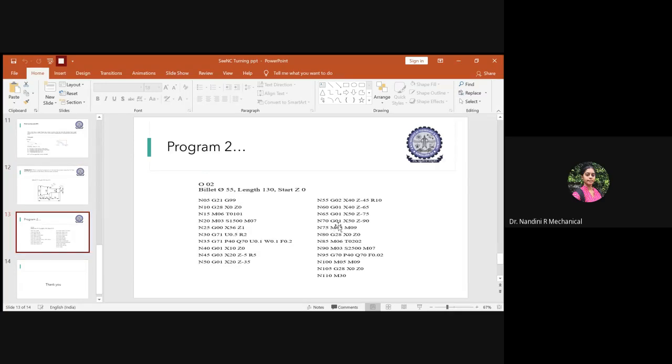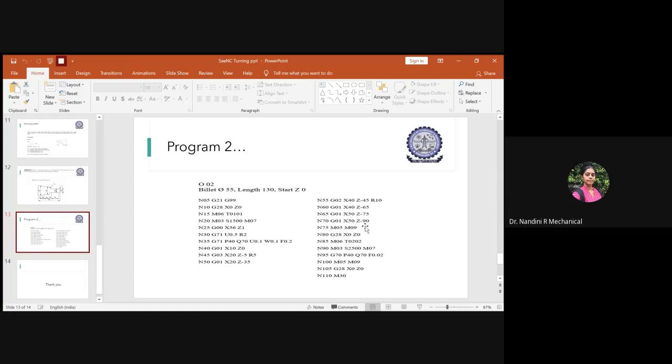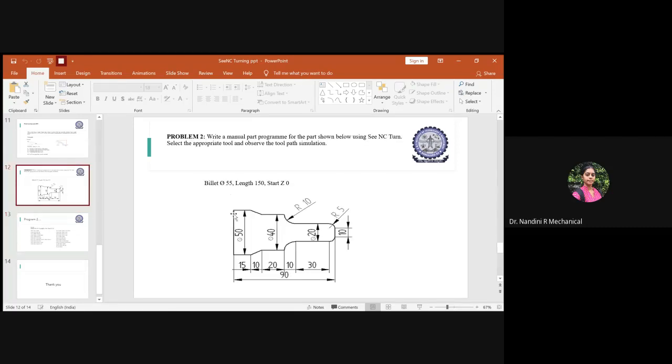So you will write x is equal to 50, but z has still moved in depth, adding -15 mm to it. So it was -75, then you will add -15, it becomes z as -90. So the tool has reached here and our rough finishing cycle has been completed.